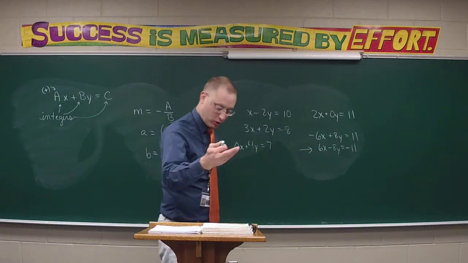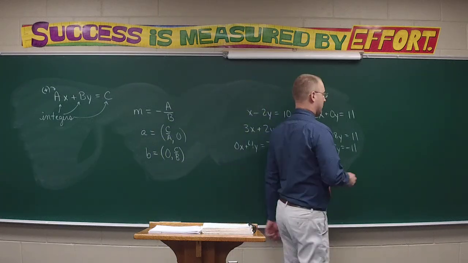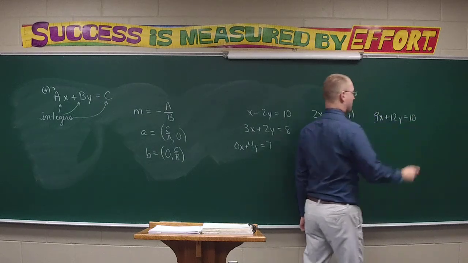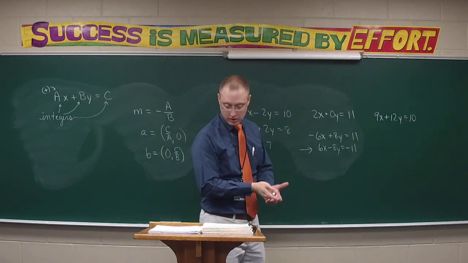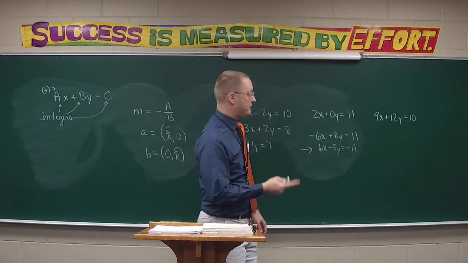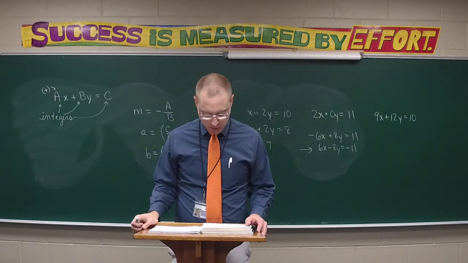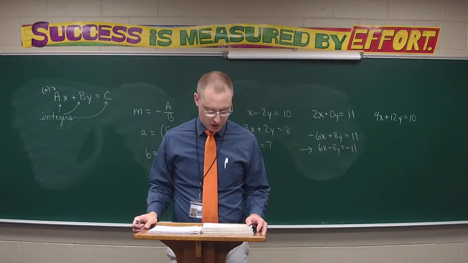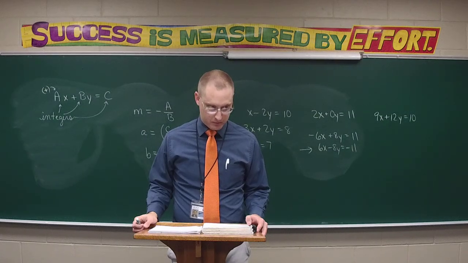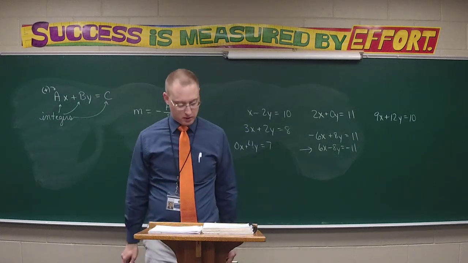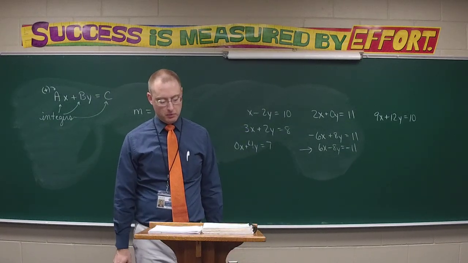Number 9's not set up for us yet. We need to get it in the correct order here, Quentin, on D. 9x plus 4y equals 10. And so what's the slope? Negative 3/4. Negative 9/12 or negative 3/4. So which of those lines are parallel to each other? C and D. No. Oh, A and